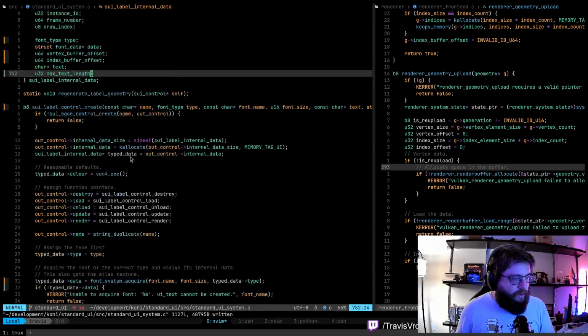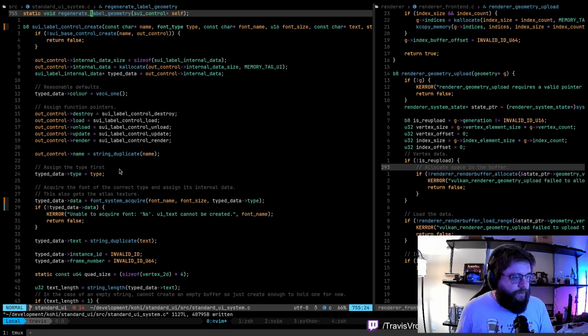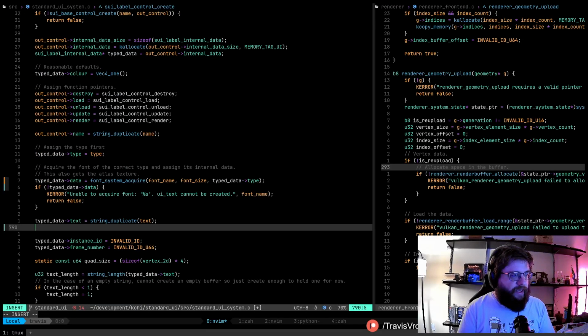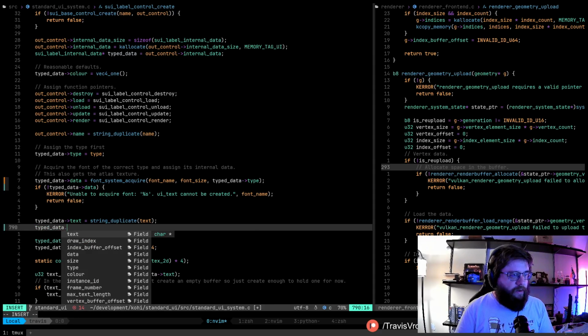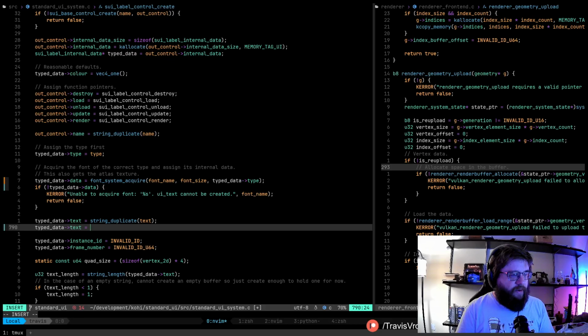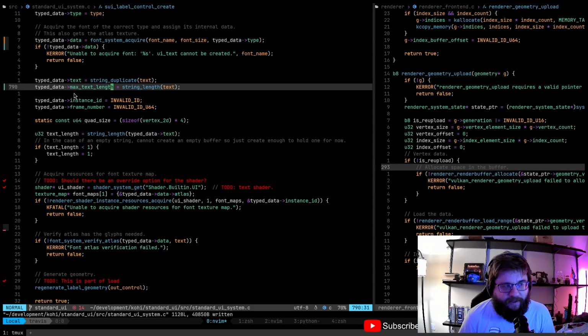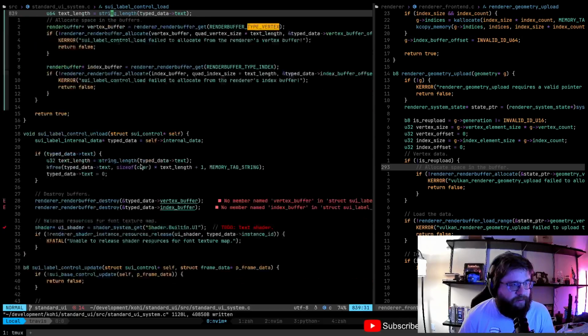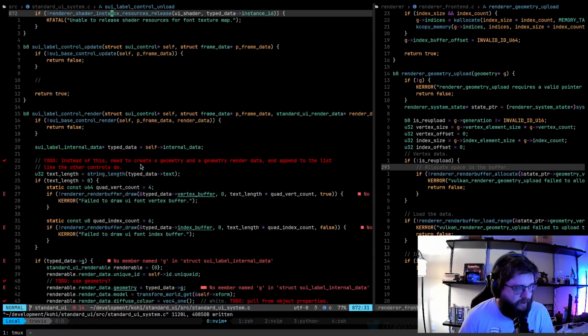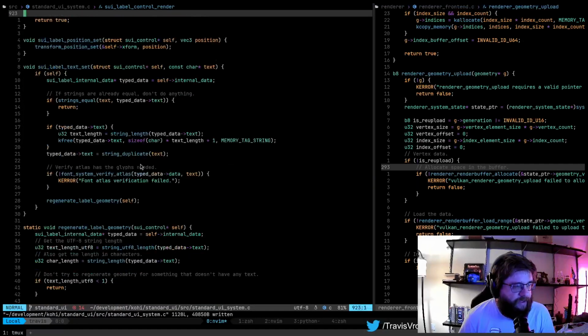Right? So where we take the text, we're going to set typed data max text length equals string length of text. Oops, we want not text, we want max text length, right? And then whenever we set the text, we're going to take the string length, and if it's greater than that max text length, then we're going to extend that, right? So let's actually get that set up first, so that that's always going to be correct, right?